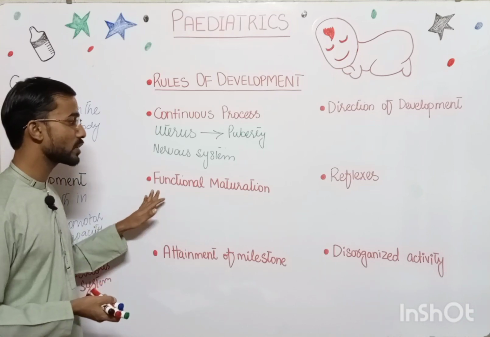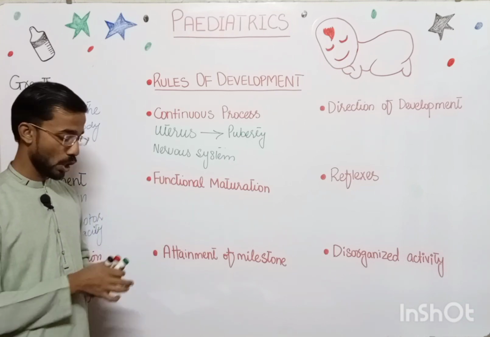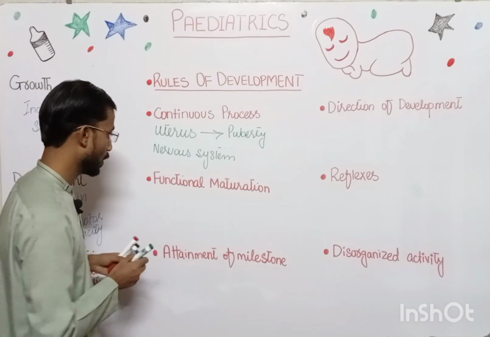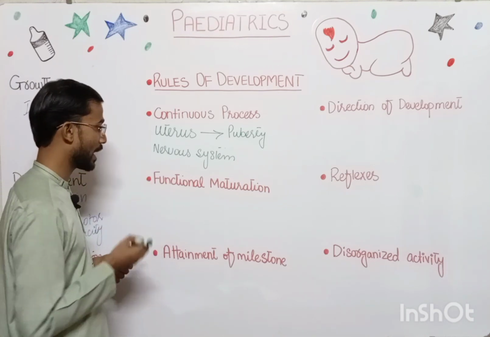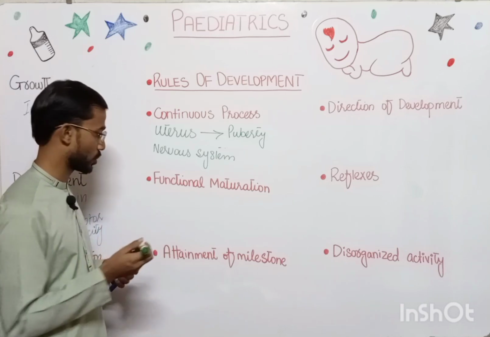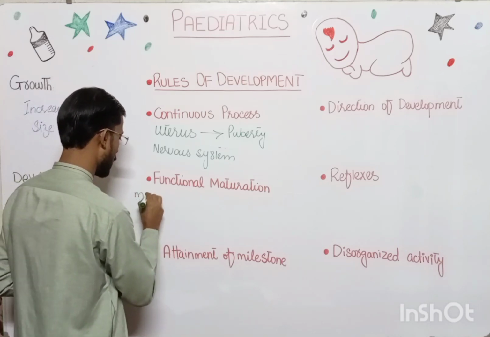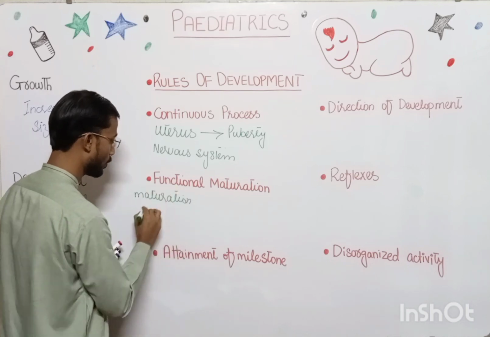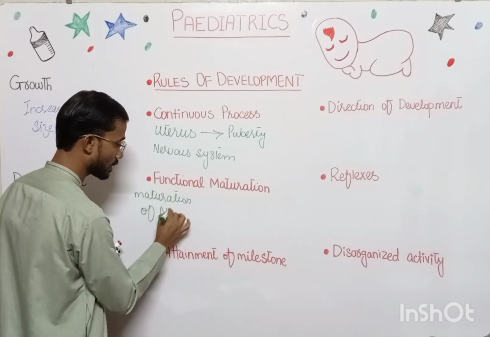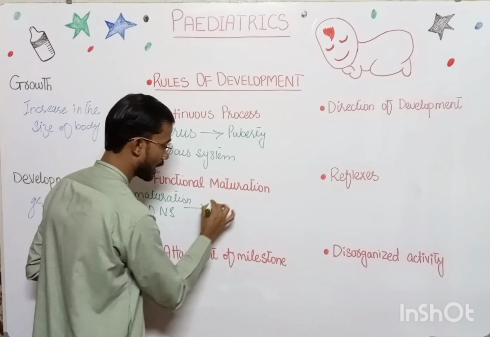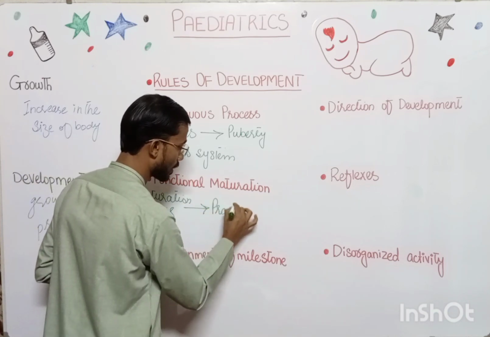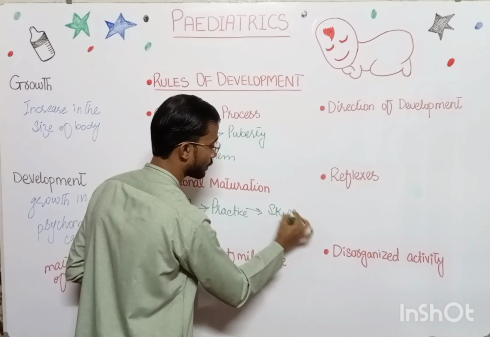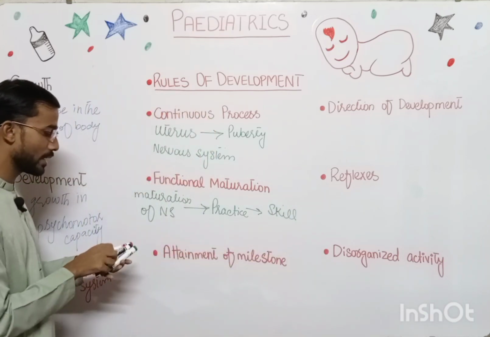Next one is the functional maturation. So in that situation there are 3 points through which you can easily understand what is functional maturation. So here, maturation of nervous system, then practice, then skills. So here you can see